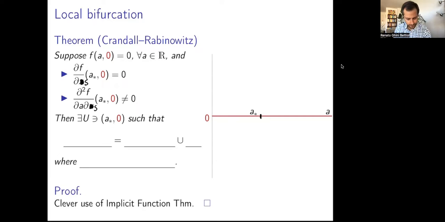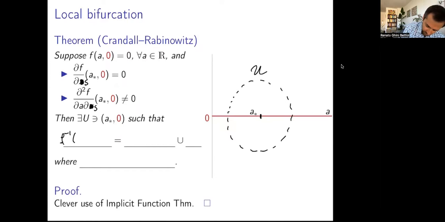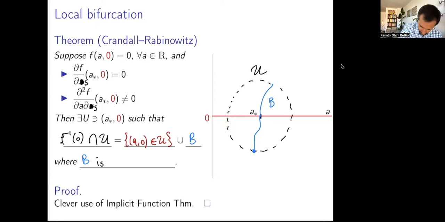My apologies. So then, the conclusion under these hypotheses is that there exists a neighborhood U of our point (a star, 0), such that if I look at the solution set, so the inverse image of 0 intersected with this neighborhood, that has the trivial component, so these points that I'm writing in red, the points of the form (a, 0), well, of course, just the ones in U since I'm intersecting there, together with a curve. So let me maybe draw here a curve, B, where this blue curve, B, is what we call a bifurcating branch. Okay, so, assuming f is smooth, this is a smooth curve,